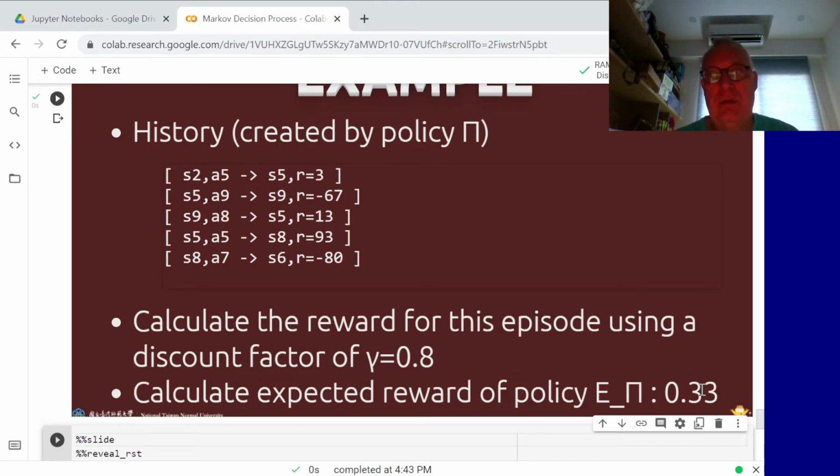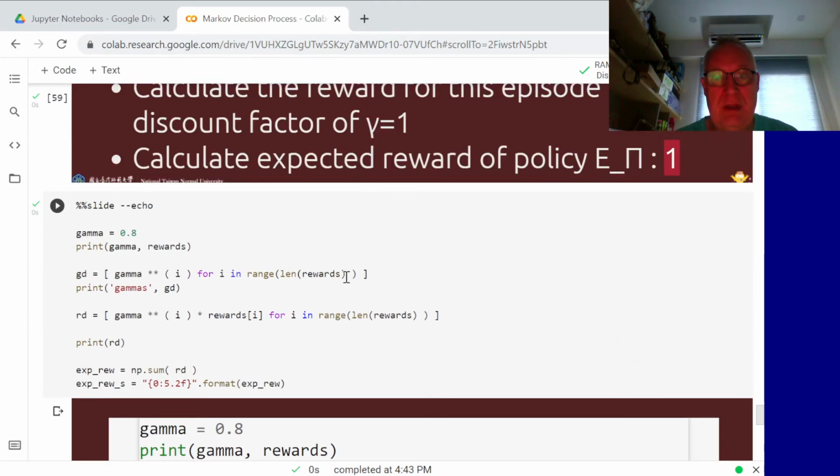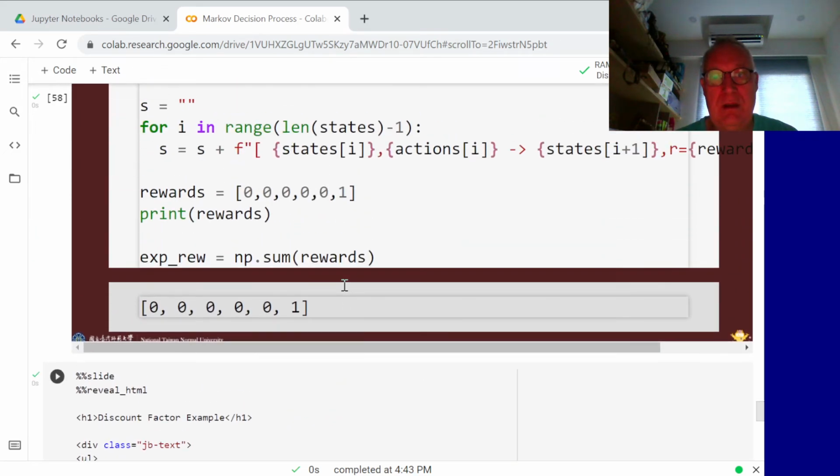So I get 0.33 then for this case, and if I run it again,